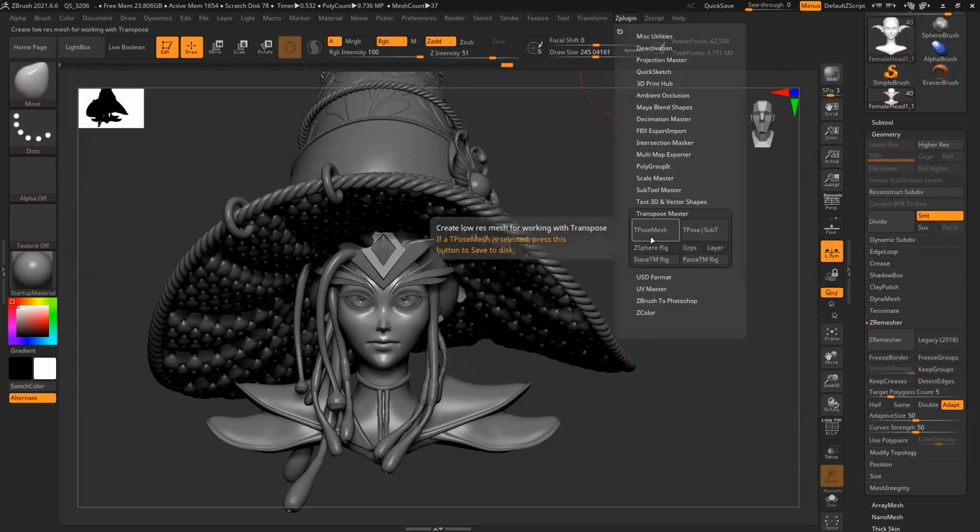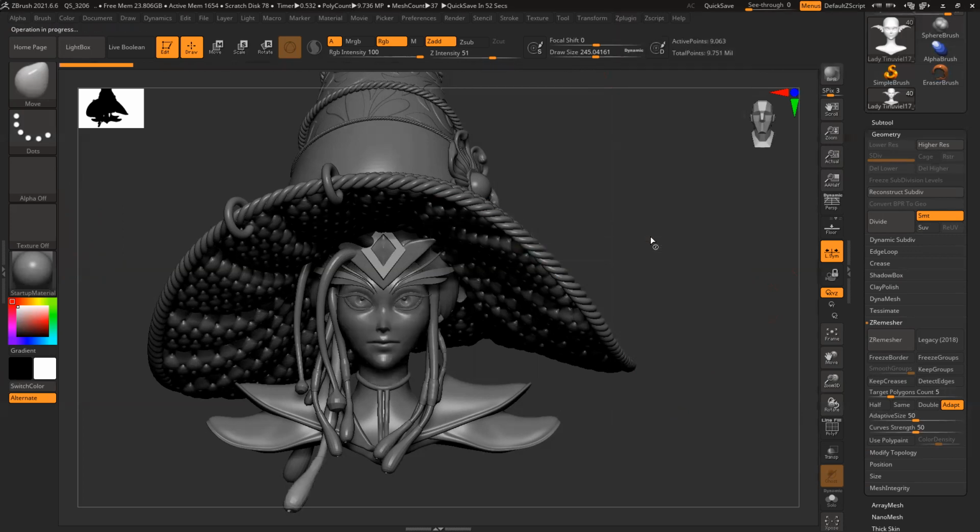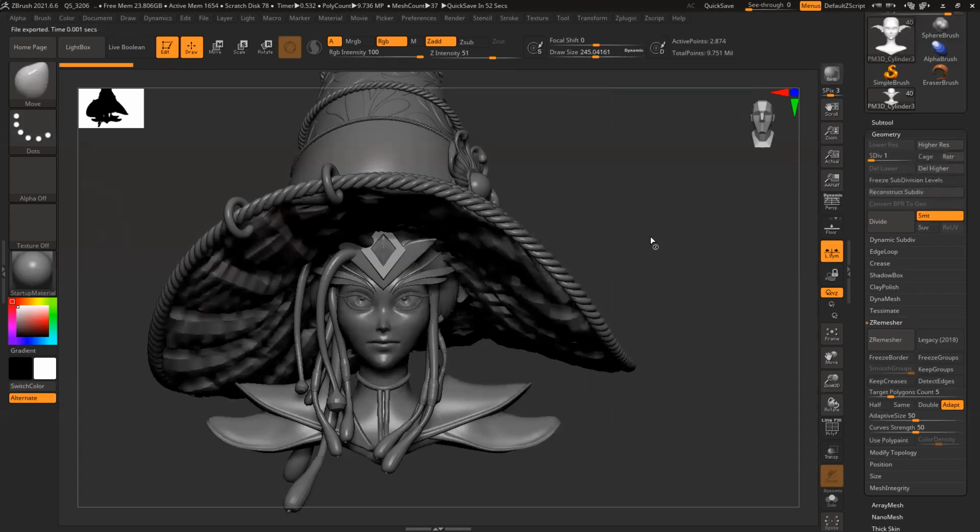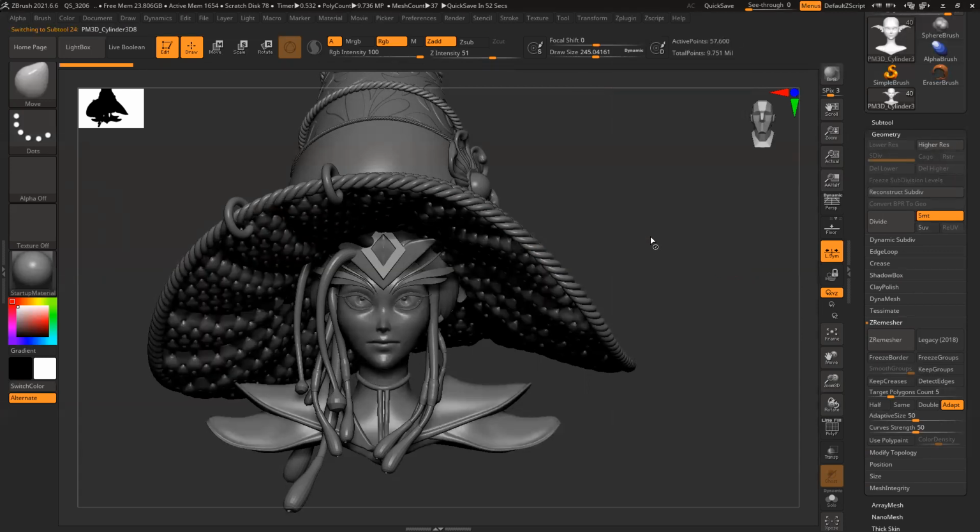I can use this. What it will do is merge the entire model and create separate polygroups for each and every part, and then open it in a separate tool. By this technique, I can retain all the subdivision level detail, layers, everything.